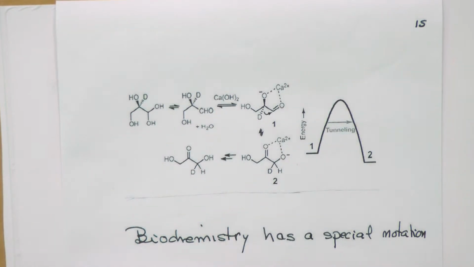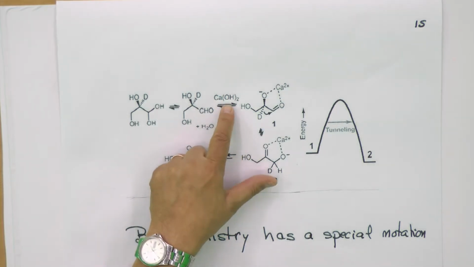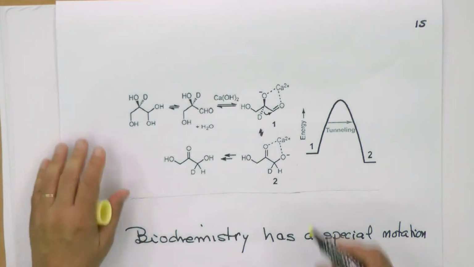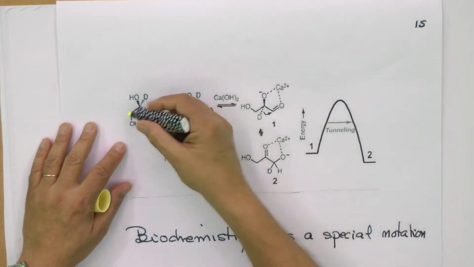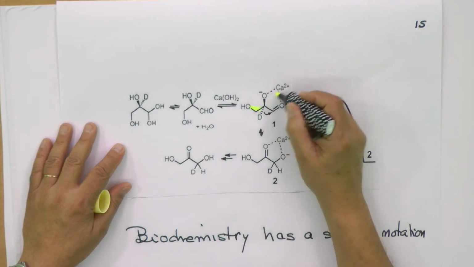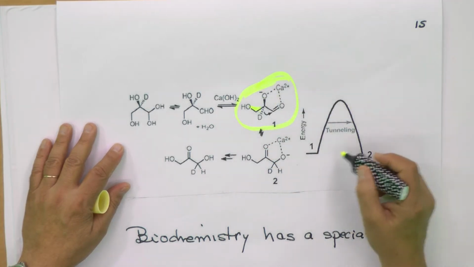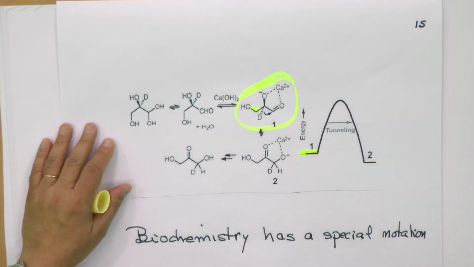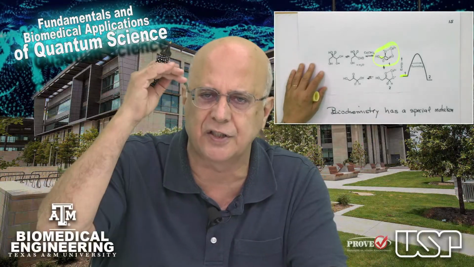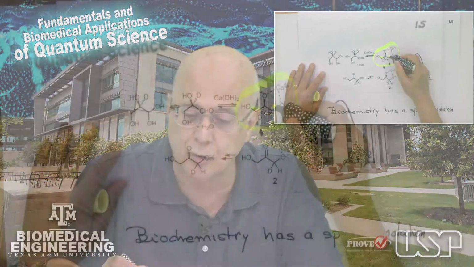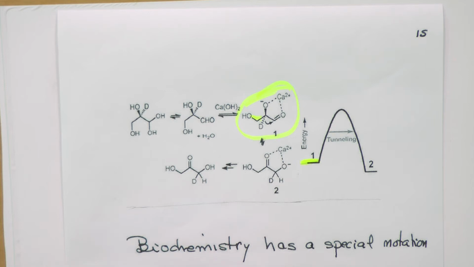You put this in calcium hydroxide, and you calcigenate this molecule. This happens all the time. So we have this state. This is a molecular state, which can be represented as one energy level, one energy state. To come from here to the next state,